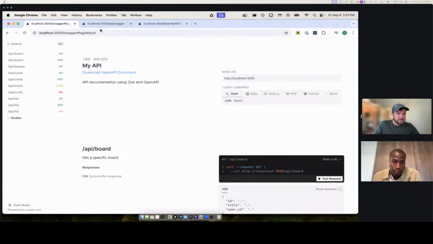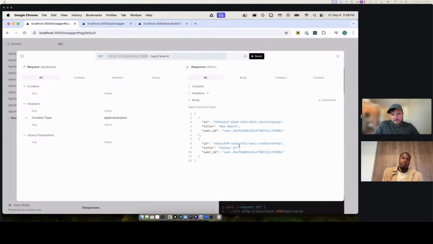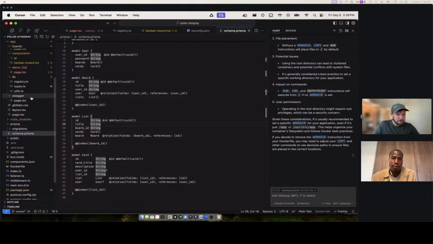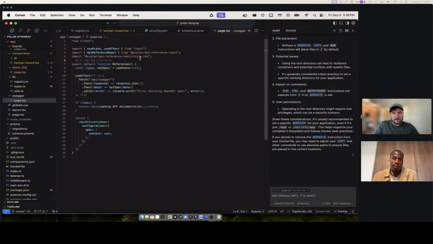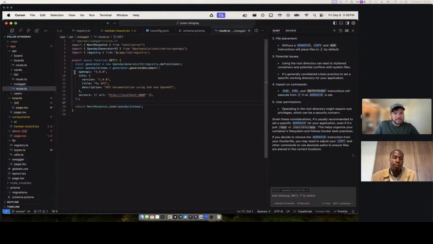So we have this Swagger documentation that is just set up as a route in this project and a page. If we go to this get boards and do a test, it'll show a couple of the boards that I, as the logged in user, have created. This is really simple. It uses Scalar and their Swagger docs UI, and it's just this page, and it hits this API Swagger, which, working backwards, we just generate this registry here from the Zod schemas, and then that creates the UI.